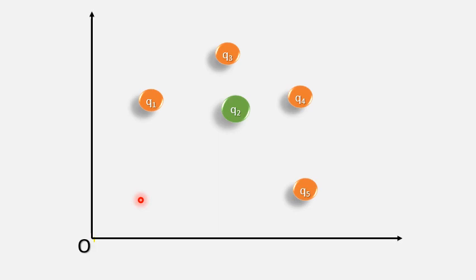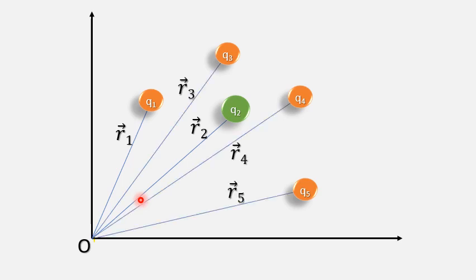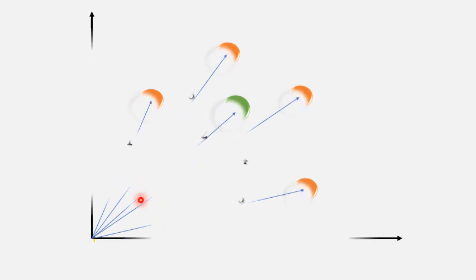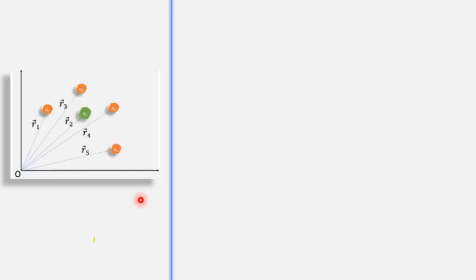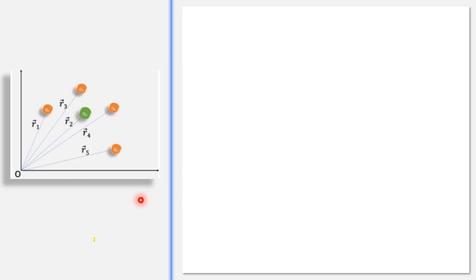Again, first we need to know where the charges are. So we have our coordinate system. Let the charges be placed at position vectors R1, R2, R3, R4, R5, and then we can individually find out forces acting, and then we can try to sum up. So let us see. So here is the system, and first we'll try to express force on 2 due to 1.